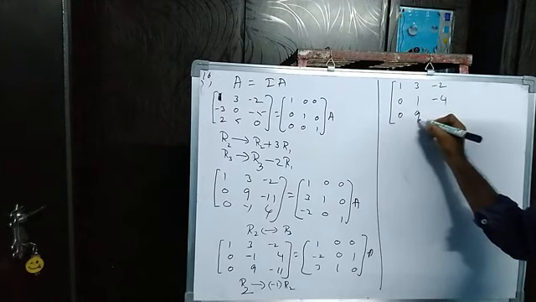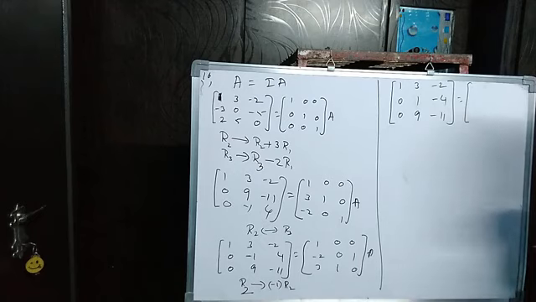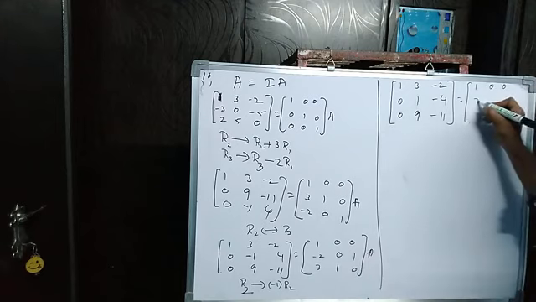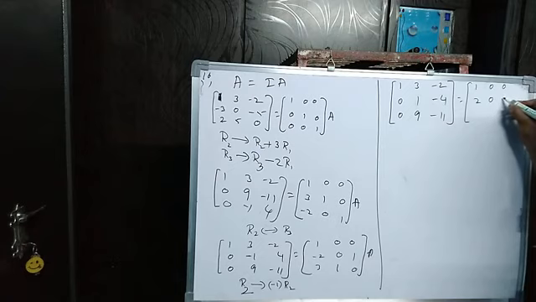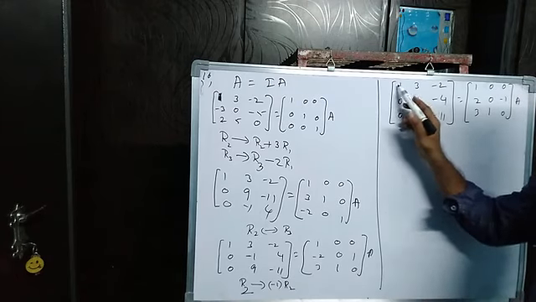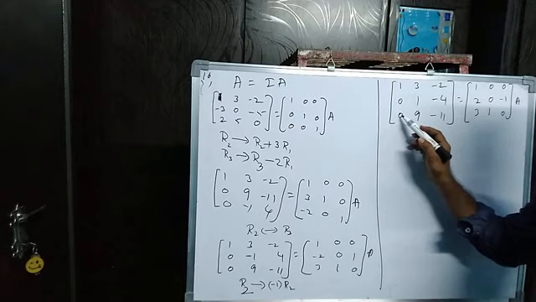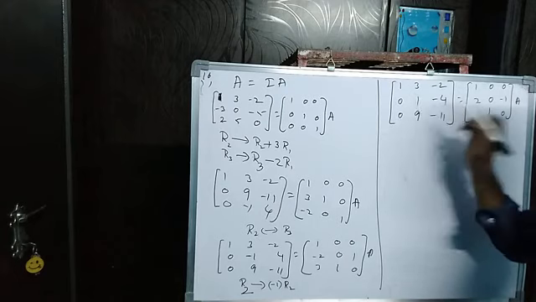Next this one same. 0 9 minus 11 is equal to. Here also 1 0 0. R2 we are changing by minus 1. So minus 1 into minus 2 is 2. 1 into minus 1 into 0 is 0. 1 into minus 1 is minus 1. Here 3 1 0. Clear? Yes. Just observe here. First we made 1 here. By using this row 1, here and here we made zeros. Very good. Here we made 1 now. Next by using this row 2, here and here we have to make 0 0.